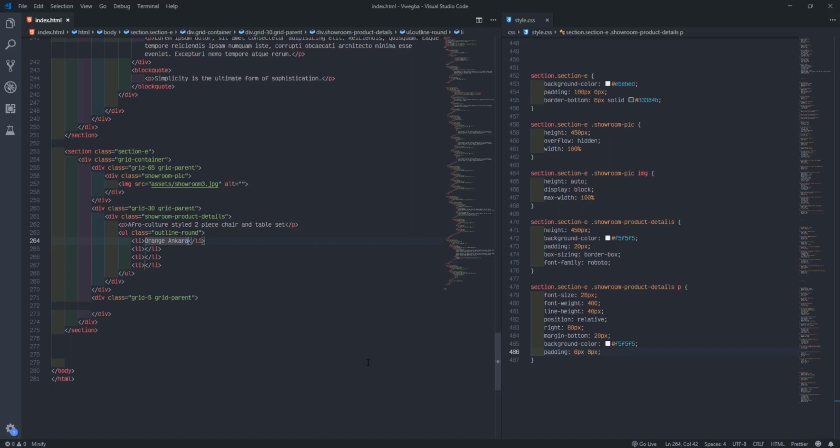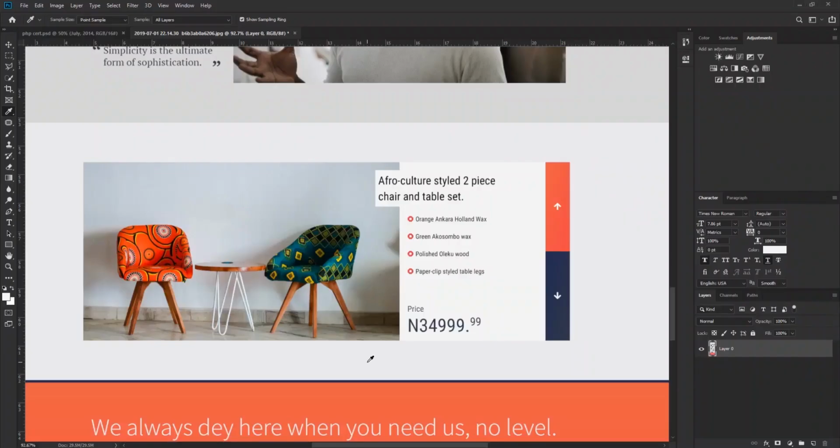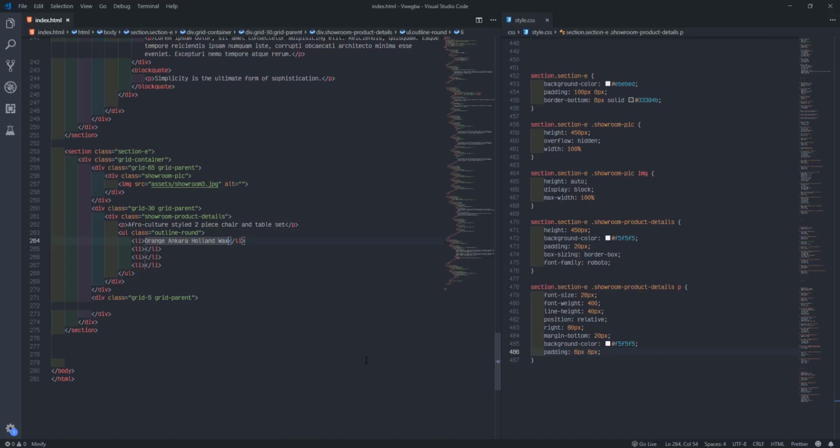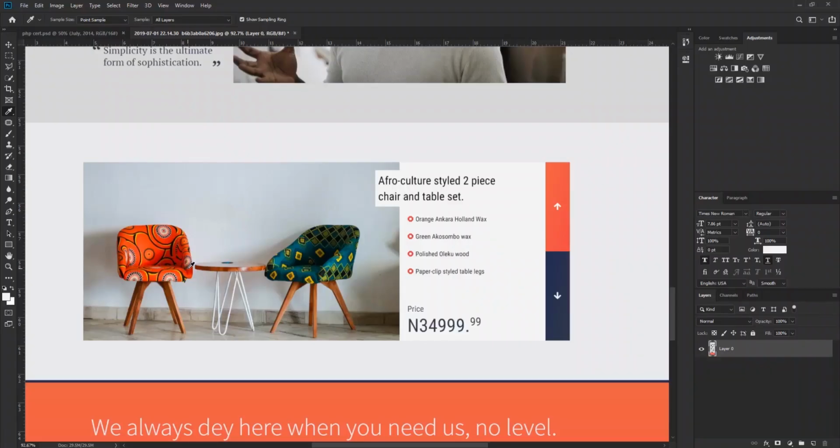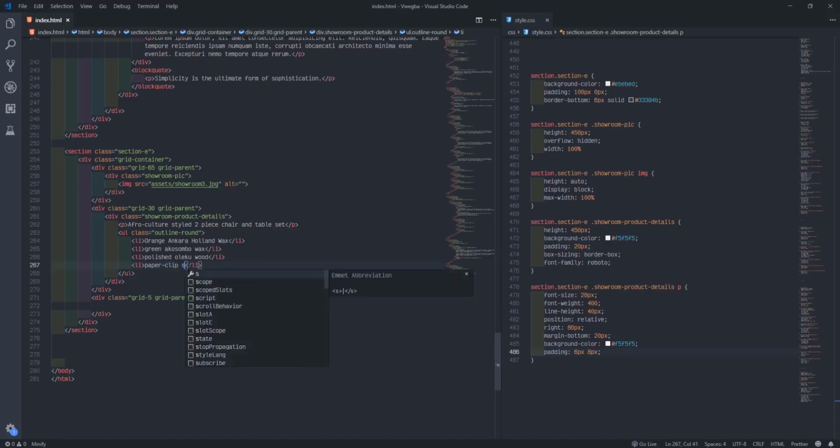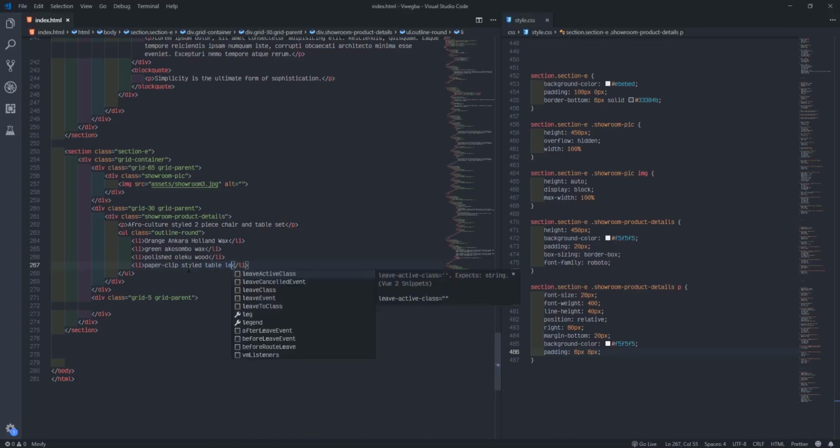Green Akosombo wax. Polish Uleku wood. Then paper clip styled table legs.